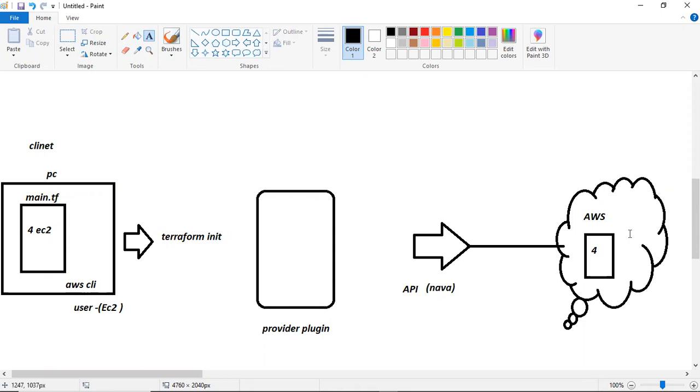Clear? Yes, sir. I have one small doubt here. The provider plugin will be different for different clouds, right? But when you write the code, the resource blocks and everything will be the same, or will that also change a little if we have Azure cloud or GCP cloud?